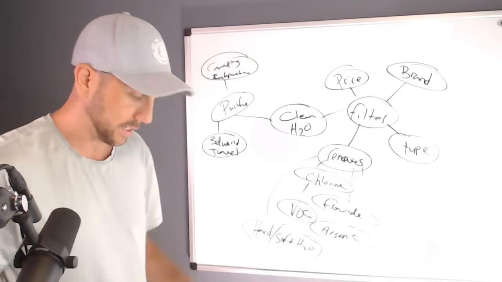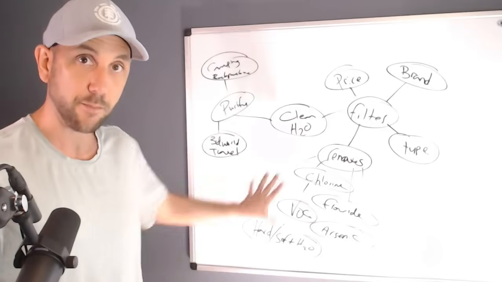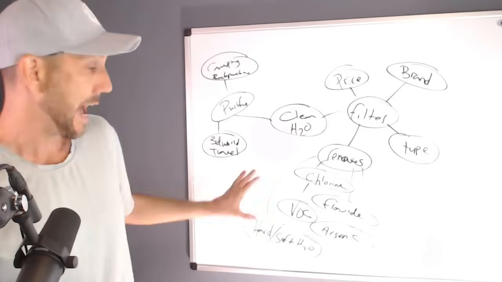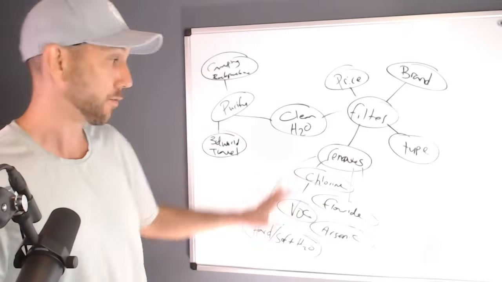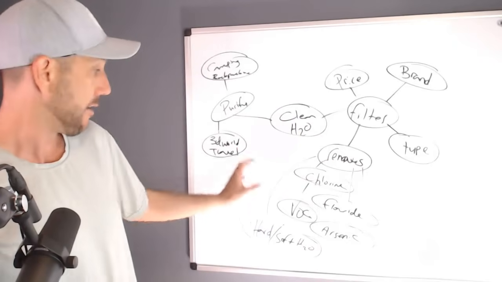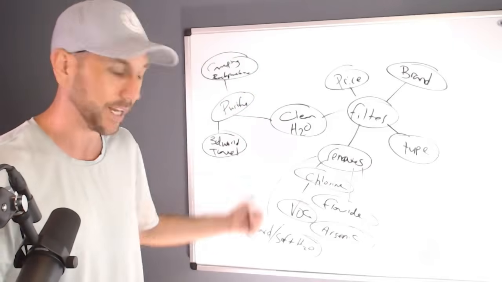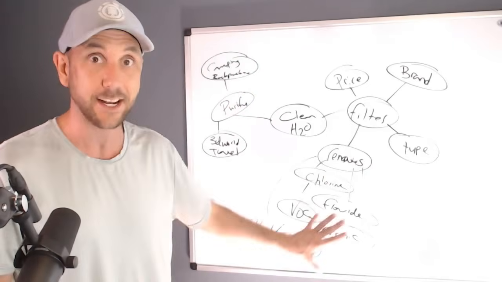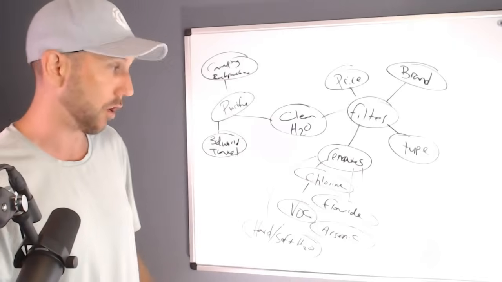Cool, so these are some of the ideas, and what essentially you would create from these, and we'll get into it on the computer, is like how to remove arsenic from your water, right? How to remove chlorine from your water. What water filters remove VOCs, or volatile organic compounds? But we want to get some data behind this idea. I'm just throwing some ideas on the board right now.